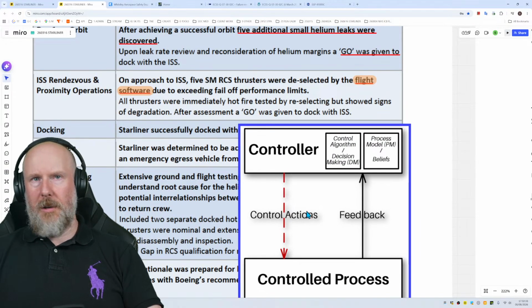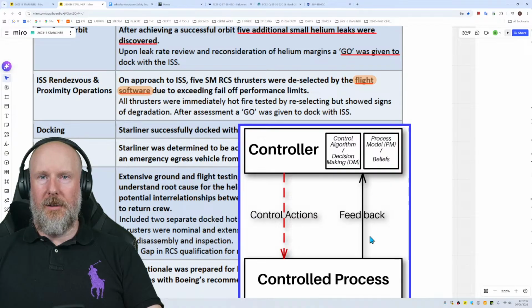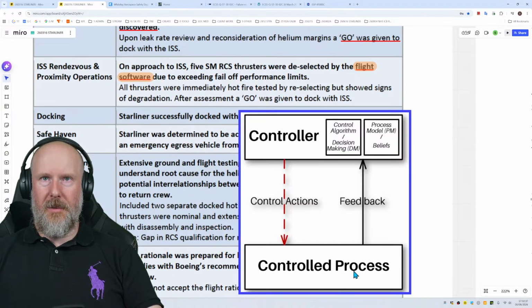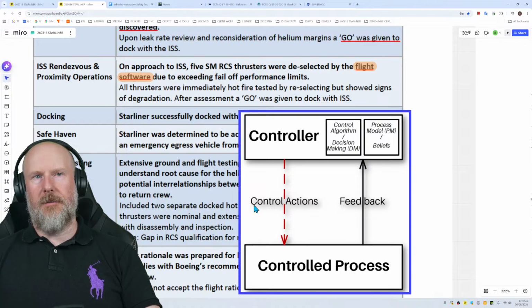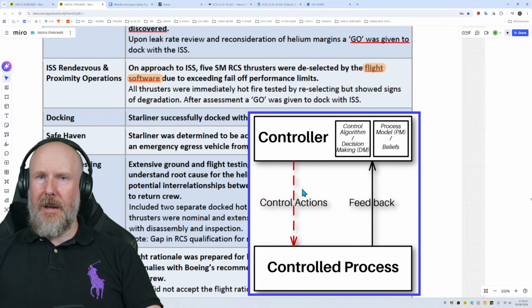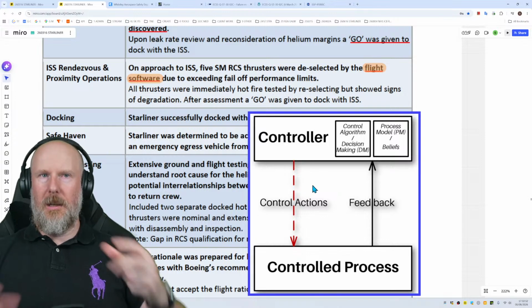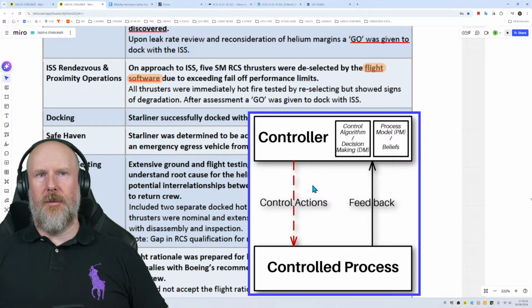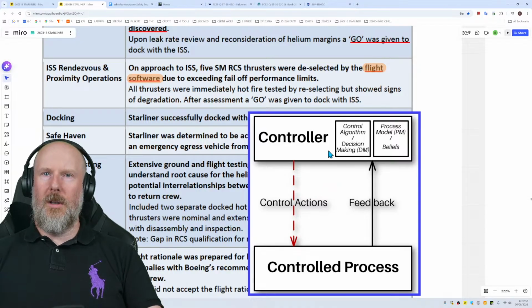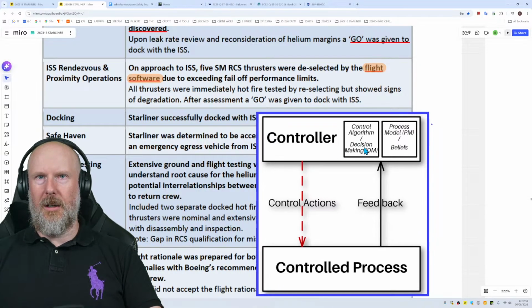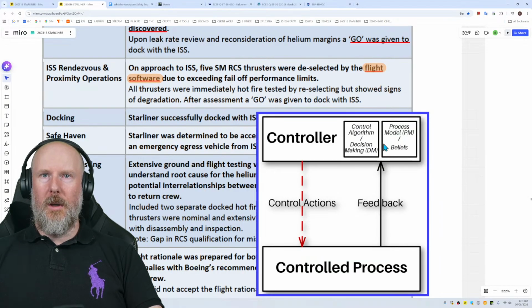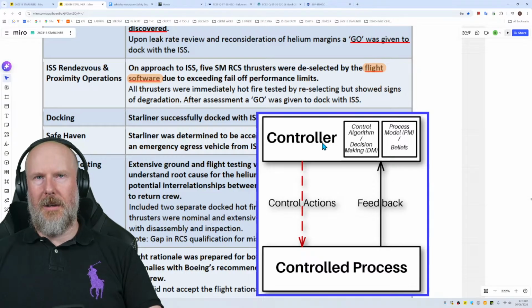Now that could be a perfectly reasonable thing to do. The feedback from the process, from the spacecraft, the thrusters, it could be valid feedback, and it's done exactly what it's supposed to do, and it's safe. That's great. Now, if we were thinking about this through the lens of STPA, Systems Theoretic Process Analysis, and we were thinking about how would we design the flight software and how would we make it safe, one of the other scenarios we could think of could be, if the flight software has decided that 5 SMRCS thrusters are to